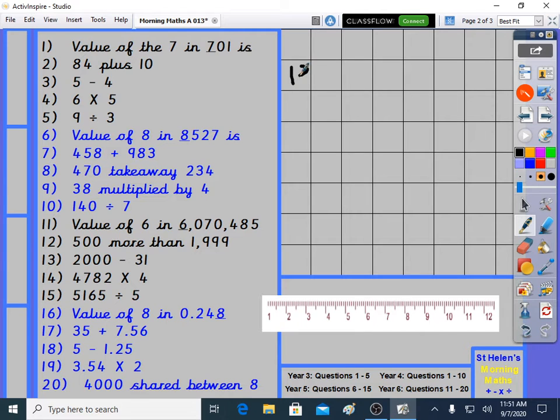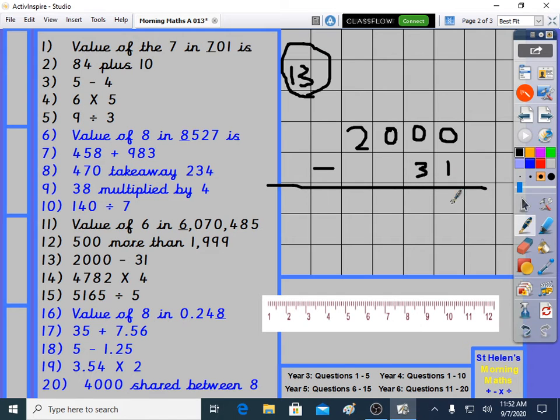We have quite a big number, 2,000. Take away a very small number. So just be careful with your lining up. 2,000, take away 31 that goes over here. We have this gap here. 0 take away 1 is not 1. 0 take away 1 is not 0. 0 needs help. No help. No help. Go all the way to there. Goes down to 1. This can then go down to 9 and a 1 here. 10 take away 1 is 9. 9 take away 3 is 6. Just a 9, or it's really 900 of course, and just a 1, but really it's 1000, the most significant digit in the calculation. So we get